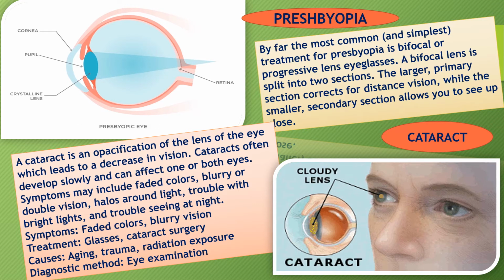Diagnostic method: eye examination. You can see a cataract picture has been given in the image of the eye. When the transparent lens becomes a cloudy lens, this disease is called cataract. So you can say when the lens becomes opaque due to aging or disease, the condition is called cataract. The person is unable to see anything or becomes blind. It can be corrected by replacing the defective lens with a normal lens from a donor or with an artificial lens.